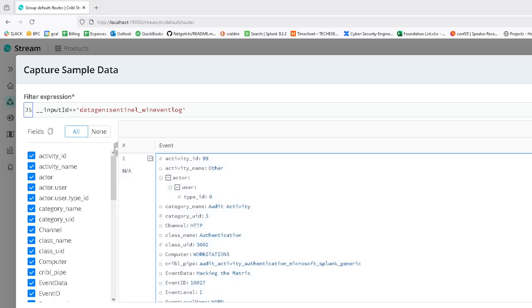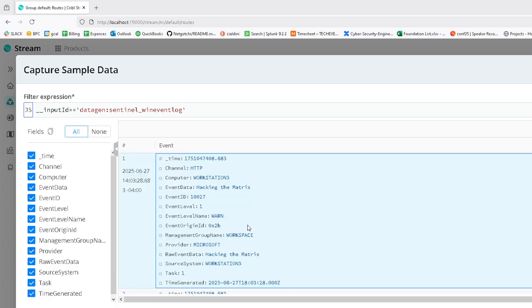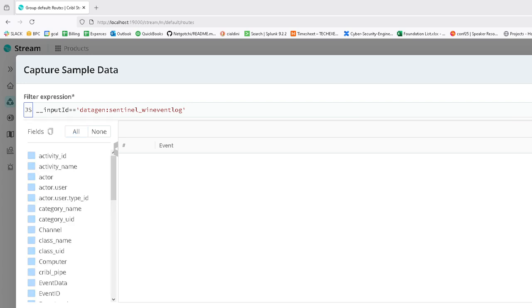I'll show you one more time. Before the pre-processing pipeline, we had maybe what, 15 fields? I'll count them. 1, 2, 3, 4, 5, 6, 7, 8, 9, 10, 11, 12, 13, 14. Oh, I was really close with 15. All right, so we have 14 fields, and then when we're capturing before the destination, so this would be what